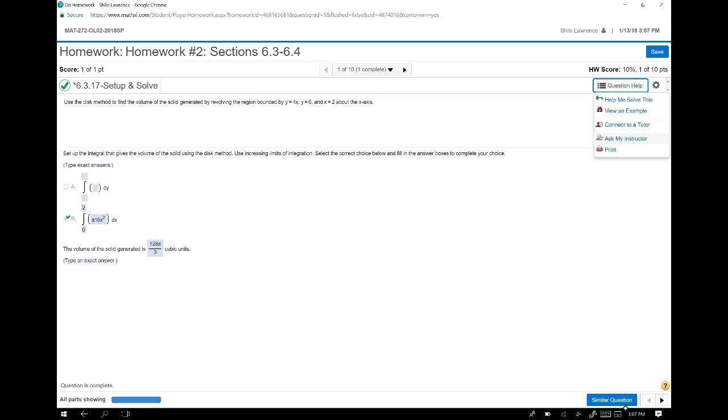And it will show me exactly what problem you're working on. And it will let you include a message. So you can say, I don't even know where to start with this problem. And then I can give you some hints from there on what exactly you need to do. Or you can say, I got the setup right, but for some reason, I'm not getting my volume correct. So